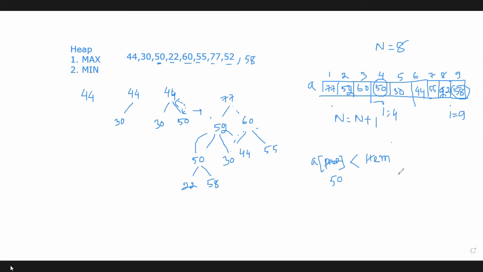How? By swapping. We know swapping, so I can write the step: A[I] equals item. Here I equals 4 and A is the name of the array. So in this position, in the A[I]th location, we are just inserting item 58.